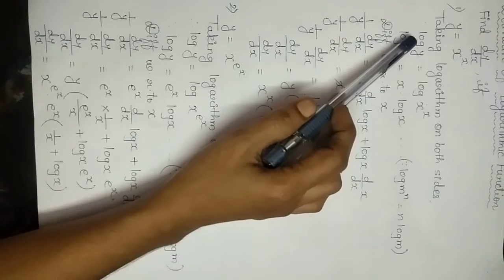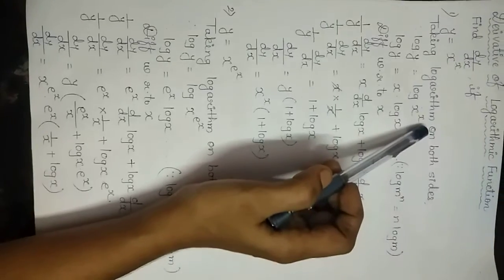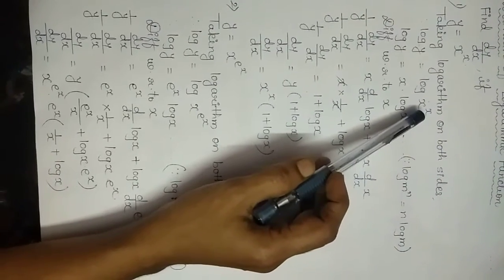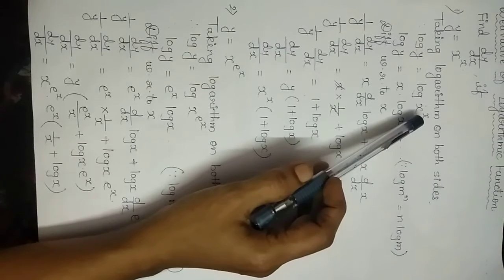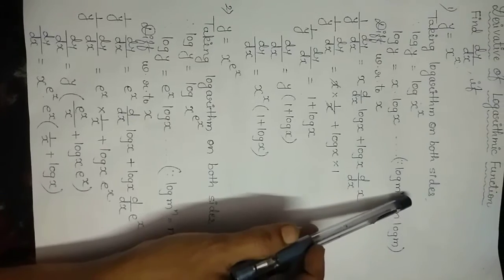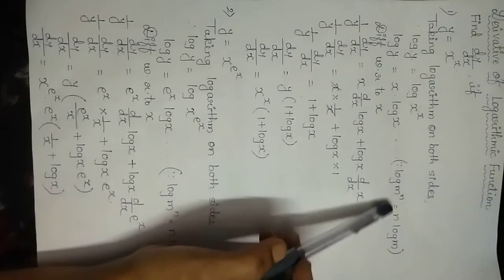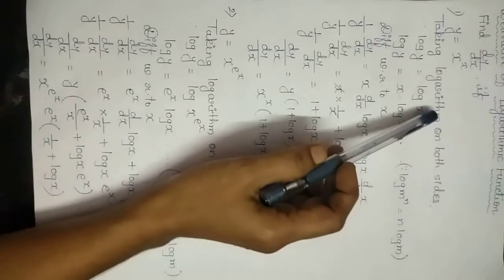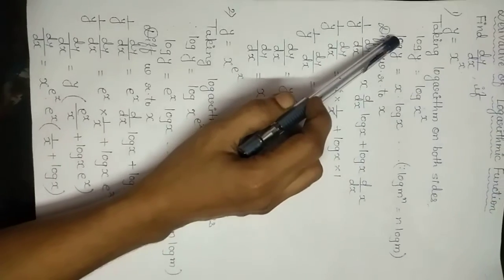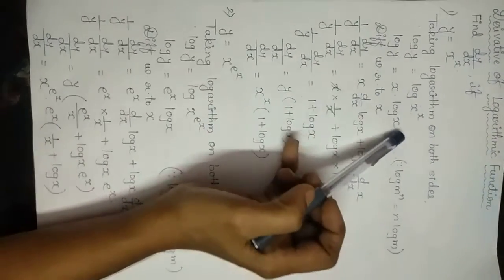So on the left hand side we will get log y is equal to log of x raised to x. And we know the laws of logarithm. One law is the law of exponent, that is log m raised to n we can write as n log m. This is the law of exponent. So this raised to term we can write before log. So here we will get log y is equal to x into log x.